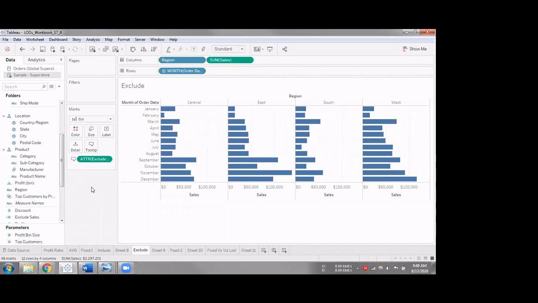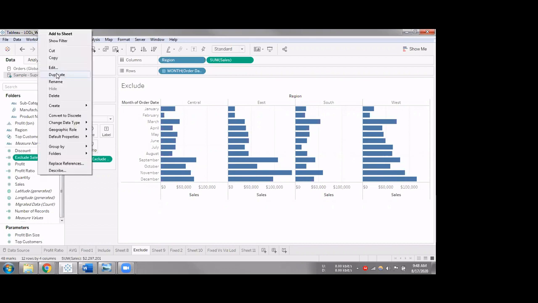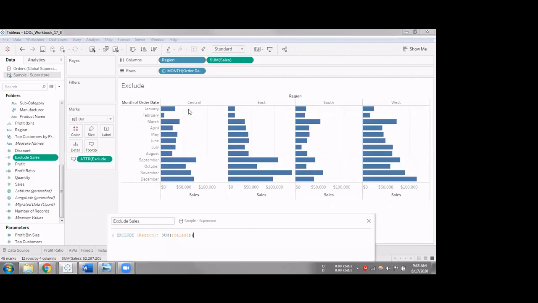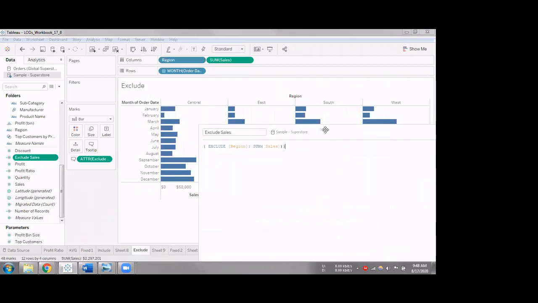The other thing that we can do is use an exclude expression. I wrote this simple calculation. What is the level of detail of the view? My level of detail of the view is two dimensions, which is region at a month level, each mark being a region in a particular month. Now I want my total sales. If I want to get total sales, I just need to remove the region level of detail, which will leave me with only the month level. So my sum of sales excluding region detail will give me the sales that happened in the month of January across all the years. So that's what an exclude expression can do.